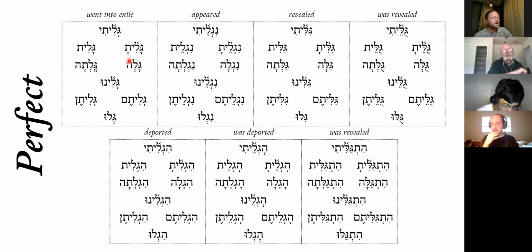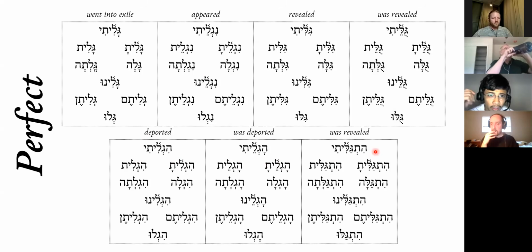Hosea, the same thing from Galiti, the second masculine singular. Go through each one real quick. It's going to be basically the same as the 1CS. Okay. Galita,